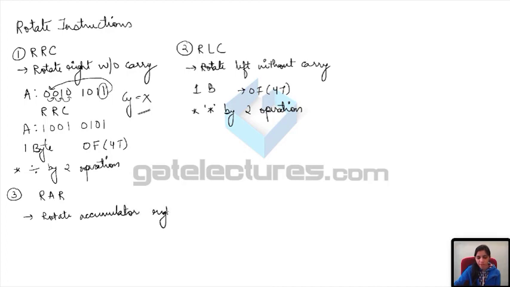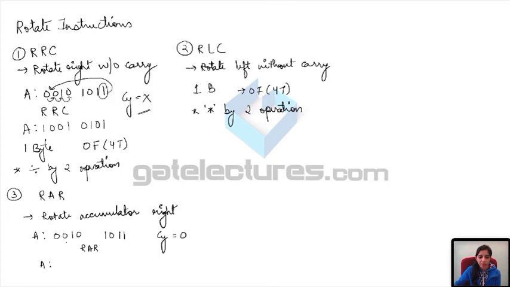In this instruction also, the contents of the accumulator are going to shift by 1 bit towards the right, but here the carry flag takes part in the rotation. Let us look at an example. Suppose 0 0 1 0 1 0 1 1 were the contents of the accumulator and the carry flag was 0. So after execution of RAR,